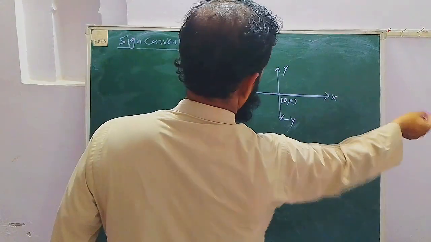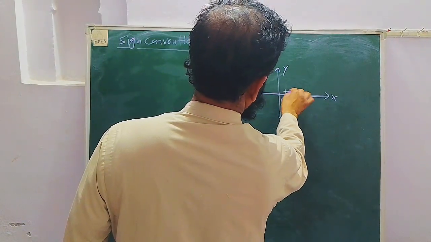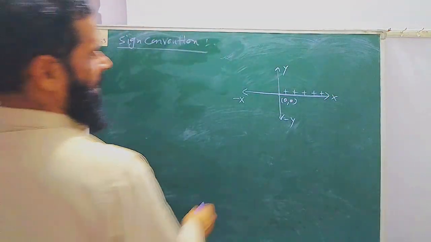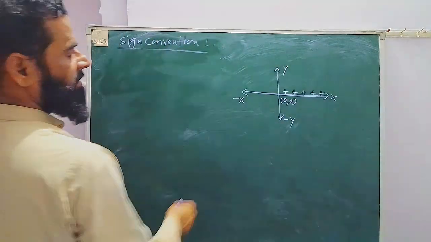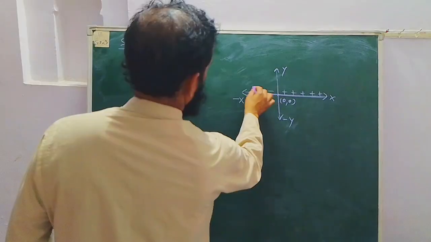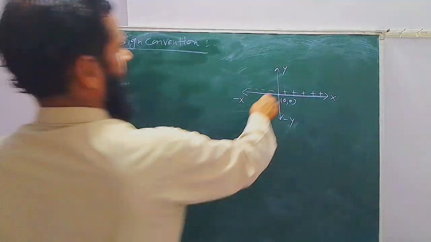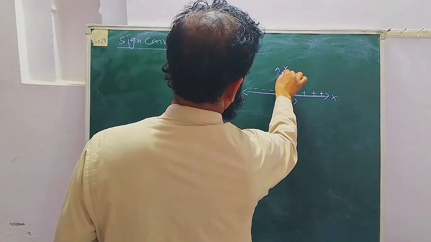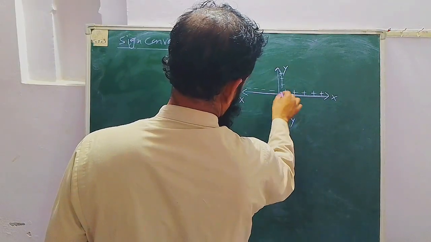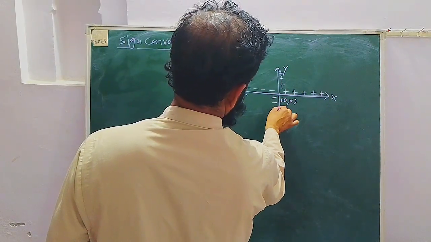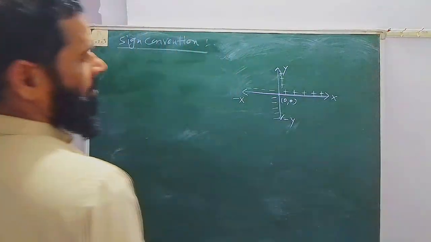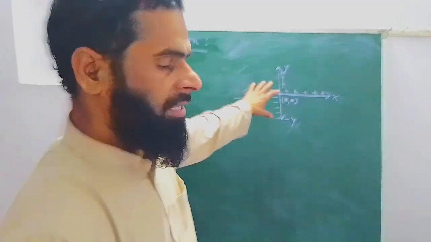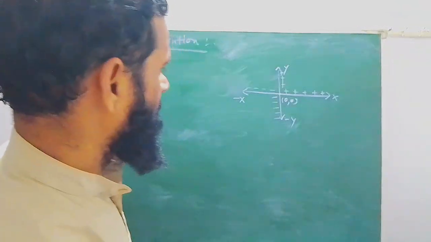From the origin, the right side is always taken as positive. Along the negative x-axis we take a negative sign, that is a negative distance, and upward along the y-axis is positive, and toward the negative axis means minus, negative. Okay, so for solving numericals we use the sign convention in the mirror as well as in a